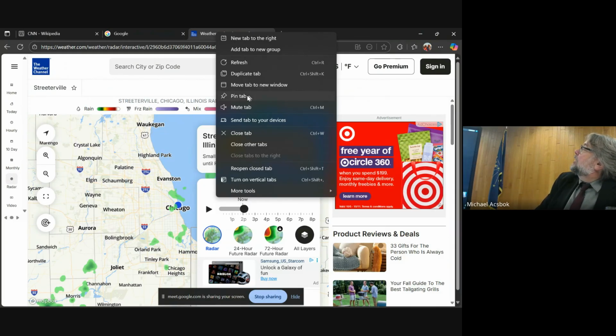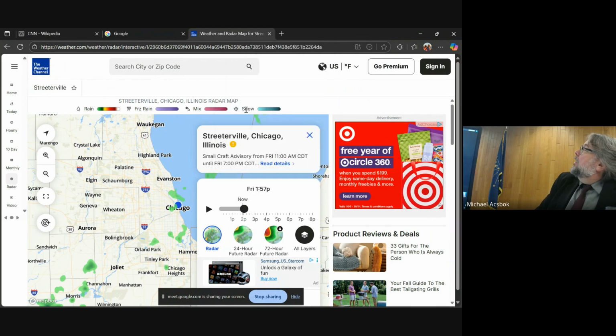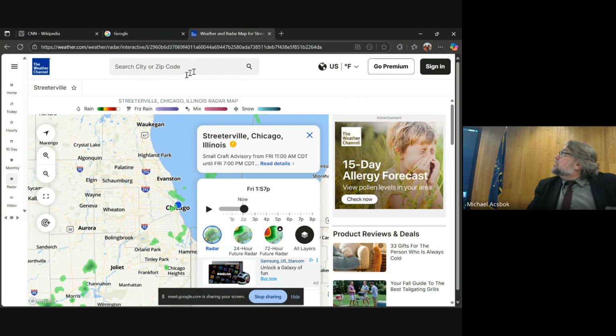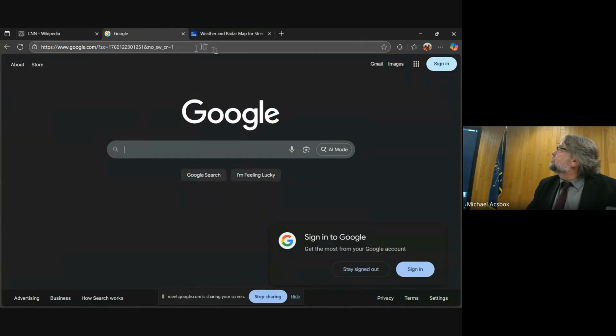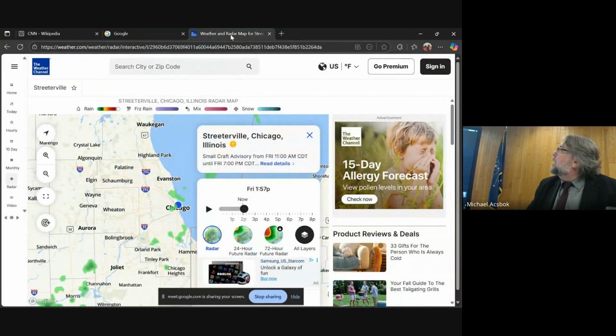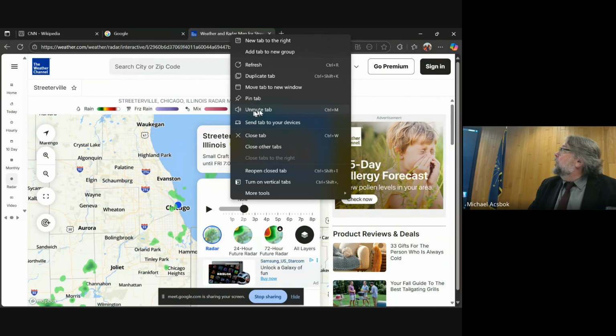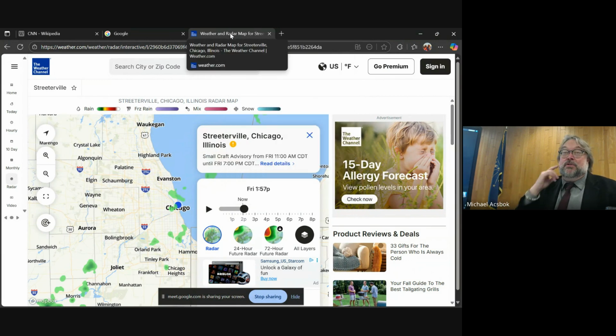And I can do things like duplicate this tab, refresh this tab, mute the tab. And when I mute the tab, that means that this web page, if it is making any noise, it's muted and I won't hear it. Just this page. CNN or Google can still make noise, but the Weather Channel will not. So when you right click, see now it says unmute. Okay. If you are using a web page and it's making noise and you don't want it to make noise, but you want to keep the web page open,